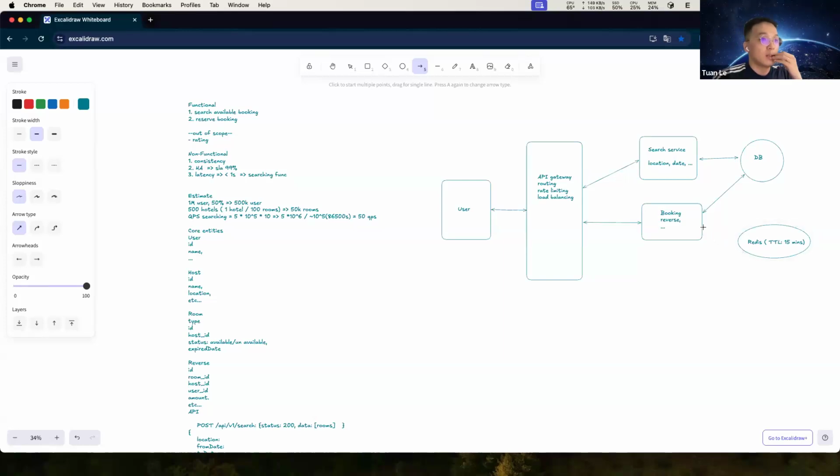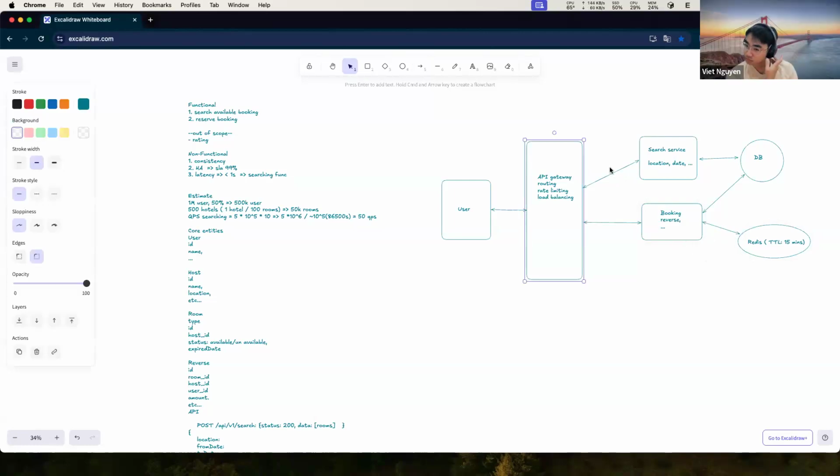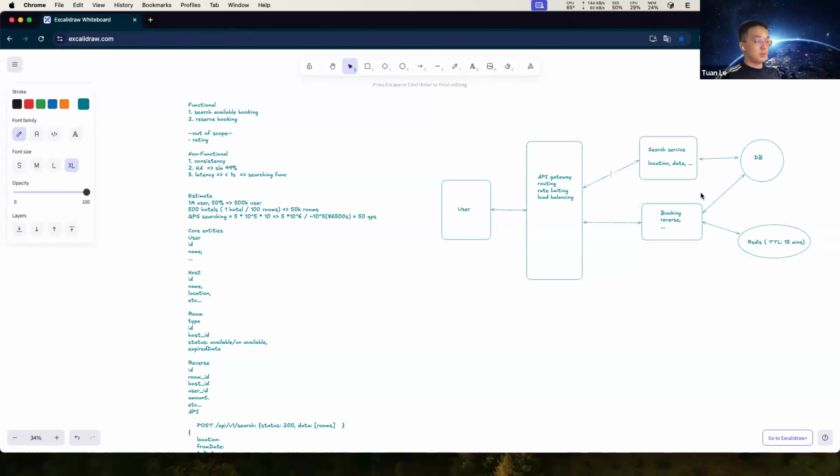Okay, so in this, when a user makes a reservation, we will lock the room in about 30 minutes, in the 15 minutes, right?